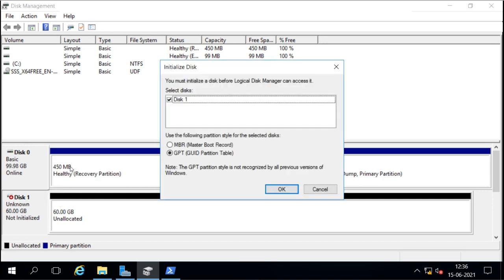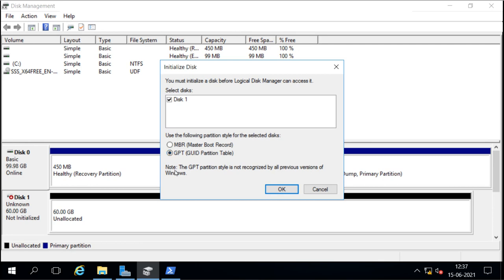When I select initialize, it shows the disk name, disk 1, and by default it is selecting GPT. Why is it selecting GPT? Because Windows thinks the operating system is already installed on another disk, so this disk must be for data. But we can choose to select MBR or GPT.